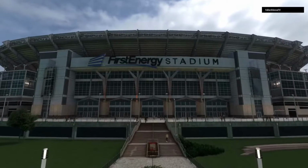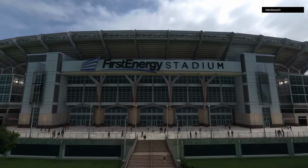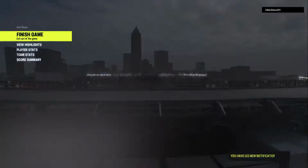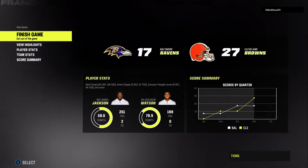So for the Browns, they continue to put themselves in position for a first-round bye as they move to 8-2. And they'll hit the road next week to take on the Houston Texans. Meanwhile, for the Ravens, they...